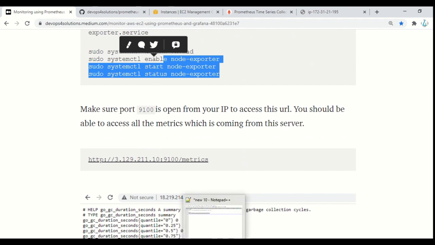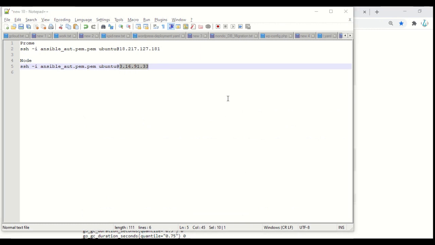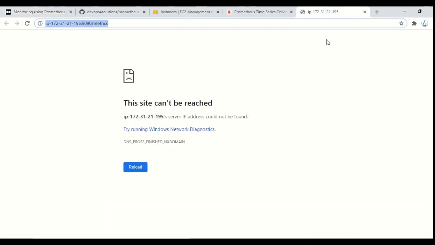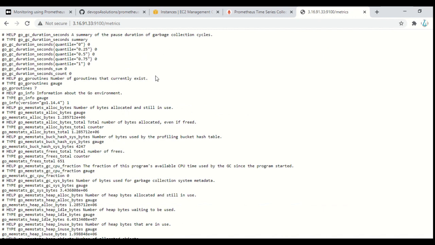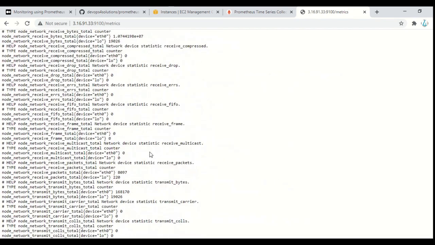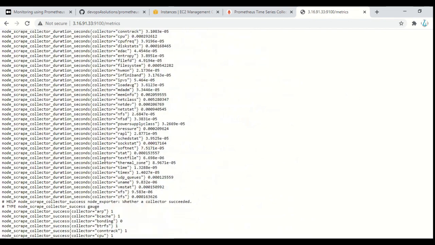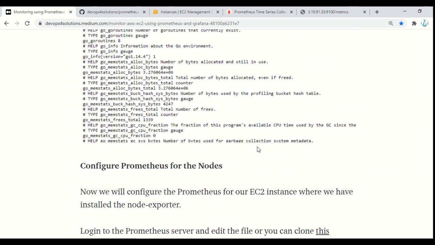After that, before we check the Prometheus browser, we can first check whether this is up or not. So just do this: port 9100 slash metrics. So these are the metrics, right? These are the metrics coming from this target machine, and that is what Prometheus is going to read or fetch. A lot of metrics are available here. You can see multicast, network device, every detail is there. Okay. So we are done with this. We are able to install it. We are able to see the metrics also.